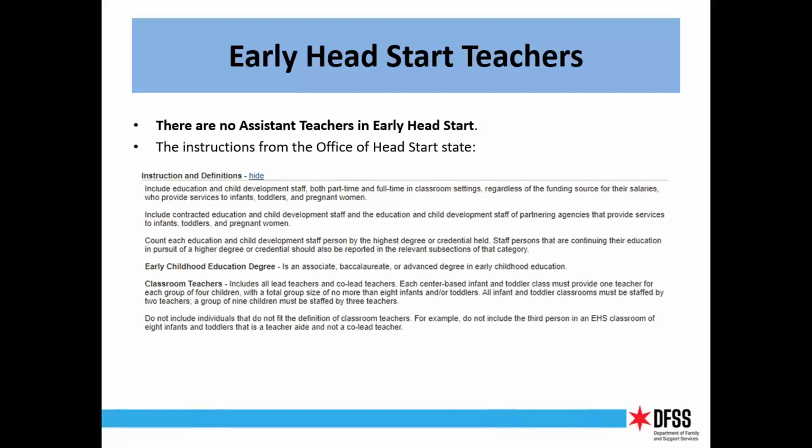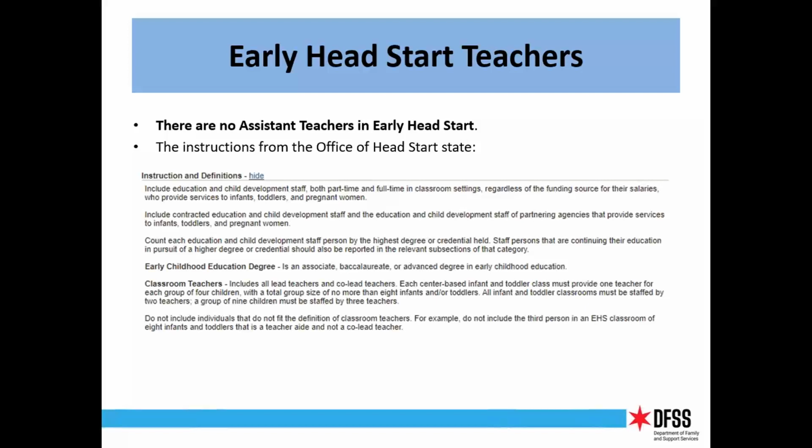We cannot have an assistant teacher. We can't report them because there isn't a line for it. So here is the definition. This is actually a screenshot from the actual report, which, as I mentioned, is on the federal website. It's on the Head Start Enterprise system, and there's a separate report for every delegate already set up in there, and we just fill out the detail. So the instructions they give us are here. I'll go over them in a little more detail in the next couple of slides, but essentially they say